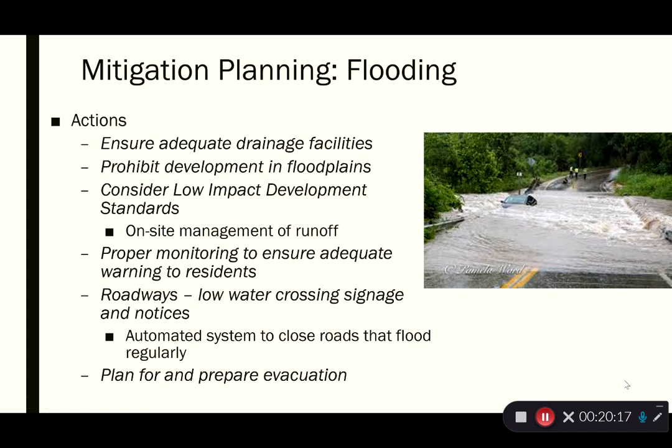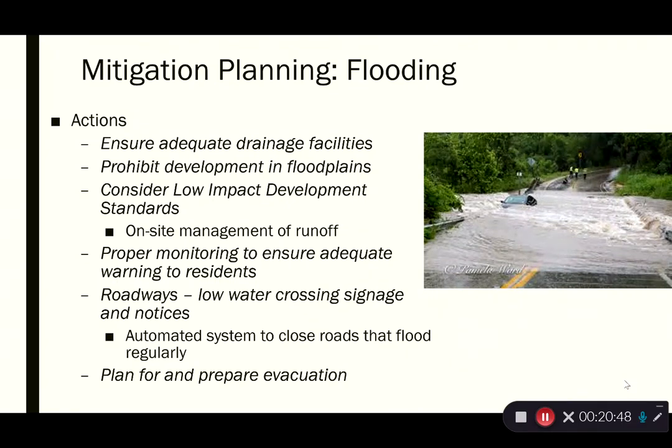What they've done in parts of Austin now at many of the low water crossings is they've actually installed automatic gates that sense when the water is rising and will automatically close the gates, basically works like a railroad crossing. So instead of having to send out a police officer or fire truck or something like that, a person to go out there and either block the road with their car or put down gates if there are gates. These are automatic that will lower when the water rises,